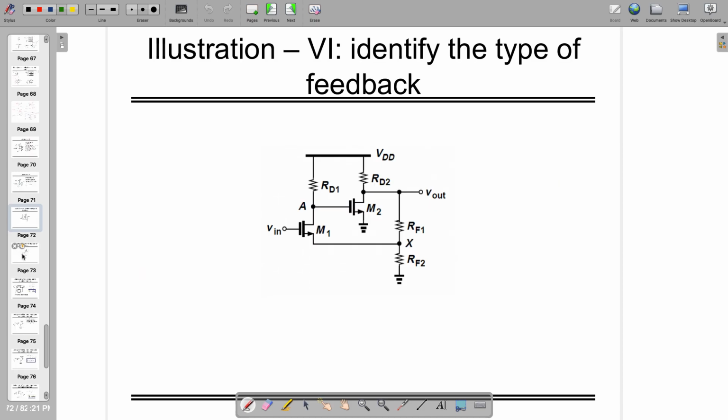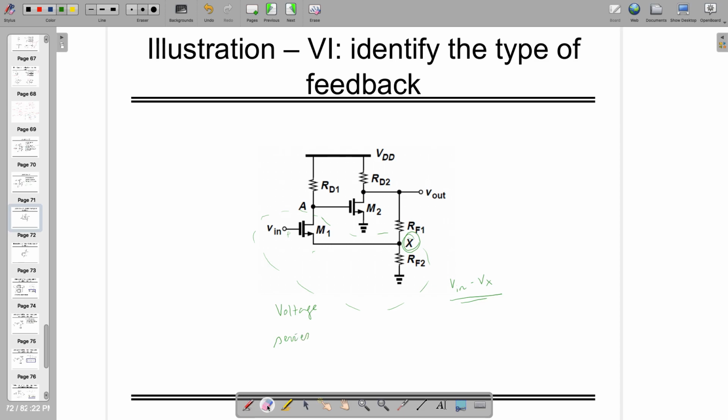But if it is not that one, and if you look at this, there's a V in, and if you look at the input side, two quantities are coming in series because the VGS is playing a role over here, and VGS where S is connected from two resistances RF1 and RF2, and those are actually the deciding factor for the input. So input is nothing but V in minus Vx. So the input is a voltage quantity and it's in series.